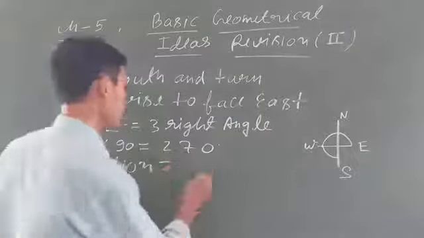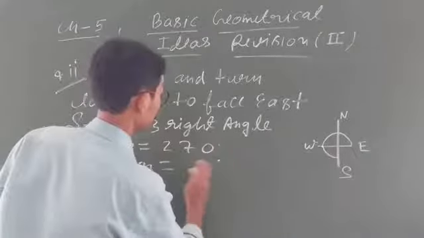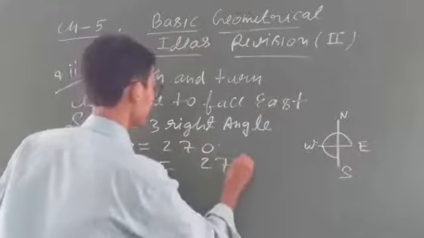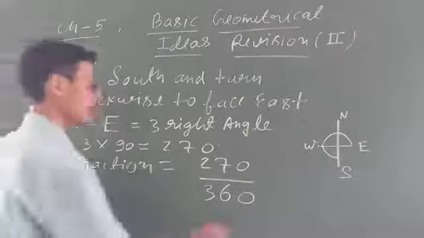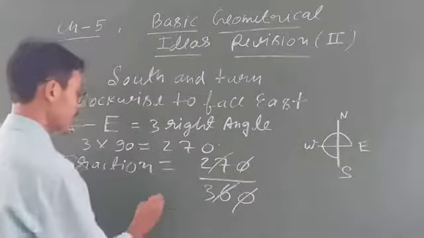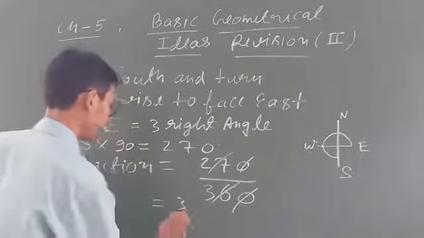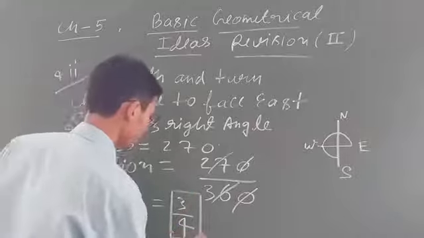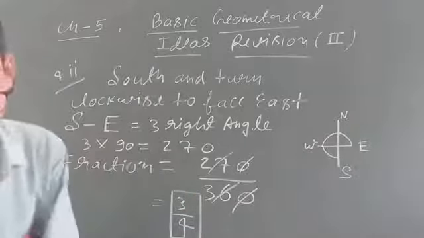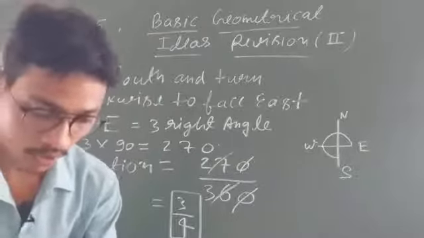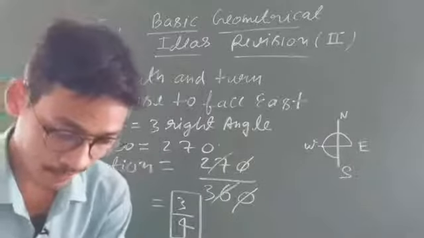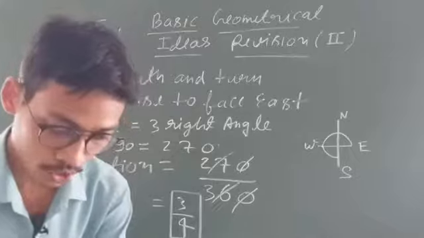So you will write down 270 upon 360. The same answer can come: 0 0 cancel, 9 3s are 27, 9 4s are 36. Clear everyone? So this is our part. Now I think you are able to solve all the questions based on this. That is exercise 5.2 question number 4.